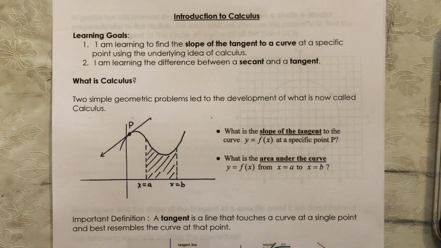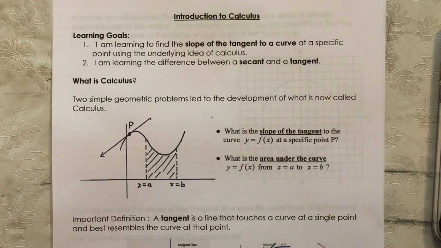Our learning goals are to learn to find the slope of the tangent to a curve at a specific point using the underlying idea of calculus. So we're going to look over how Newton came up with it. And then in the next lesson we'll learn how to generalize it into a formula. But today we're going to go through the steps that Newton went through when he came up with